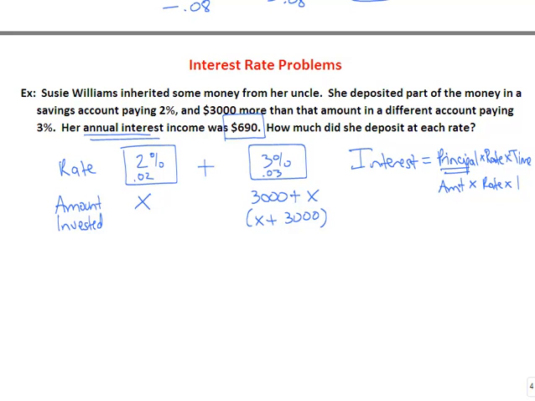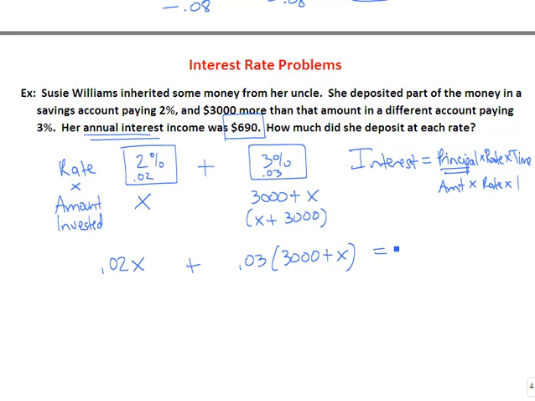So to calculate our interest, we just need an amount times a rate, or a rate times an amount, just like in the mixture problems. So that's why the two problems are very similar. To set up our equation, we're going to do all these rates times the amounts. So our first rate is 0.02. Our amount for that interest rate account was x dollars. For the second account, we had a rate of 0.03, and our amount invested was 3,000 plus x. So I'm going to multiply that rate times that amount. So I have rate times amount plus rate times amount equals